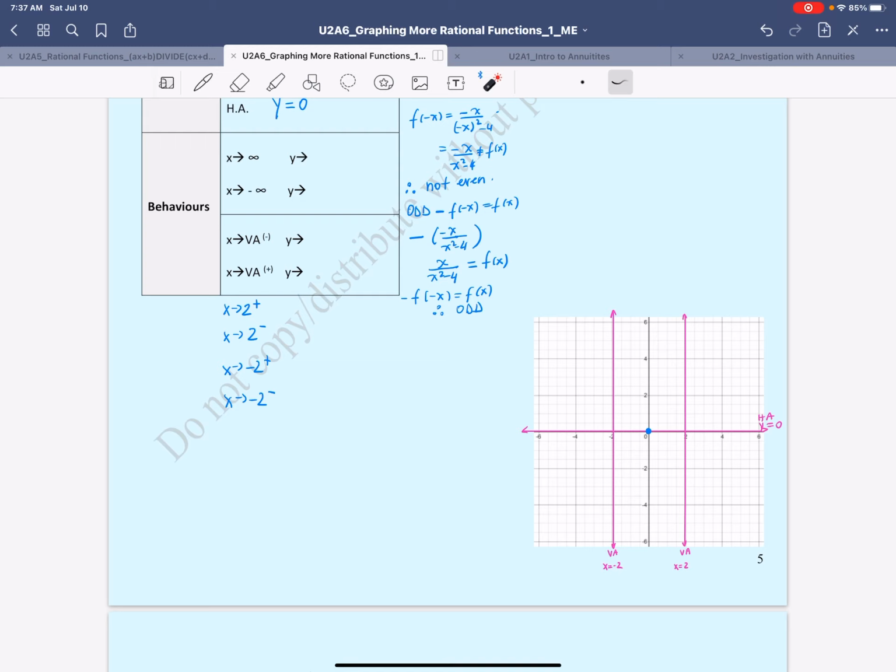vertical asymptotes especially. The vertical asymptotes, on the other hand, will never be intersected because we can never cross restrictions. We can't cheat on them. So,